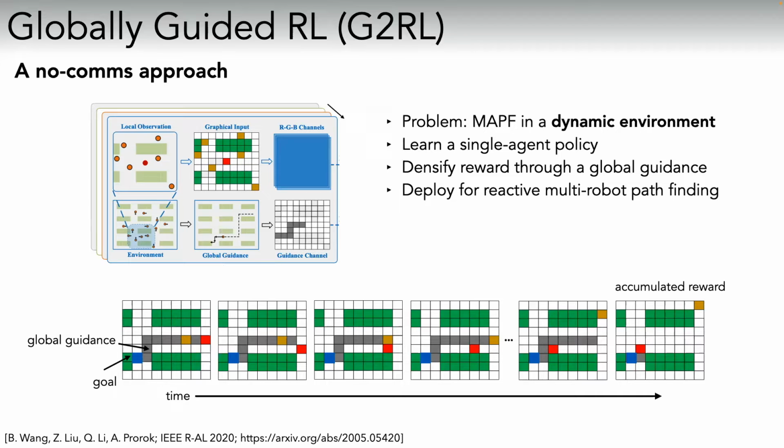So instead, reinforcement learning gives you more flexibility. And what we're saying is, okay, we're going to give you a small reward each time you move and you don't get in somebody else's way. We're going to give you a bigger reward each time you move and you're on the global guidance. But if you leave the global guidance path, as this red agent is doing here, and you rejoin it somewhere later down the road, you're going to reap all the rewards as if you had been on the global guidance path from the beginning. And that turns out to be a very dense reward, leading to very good performance.